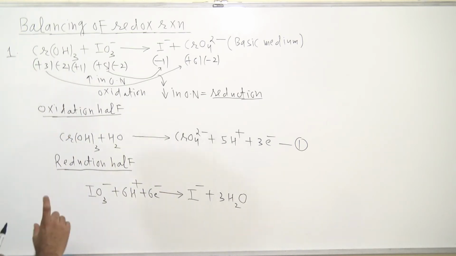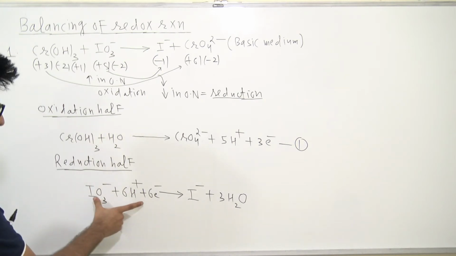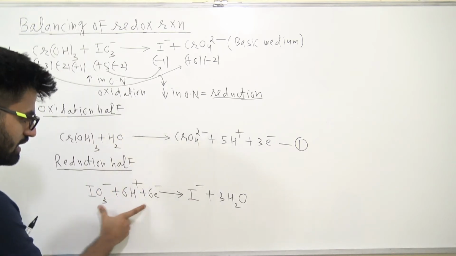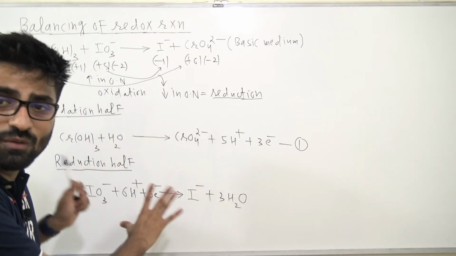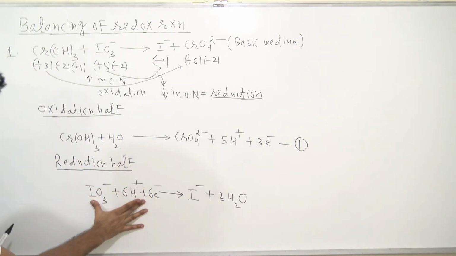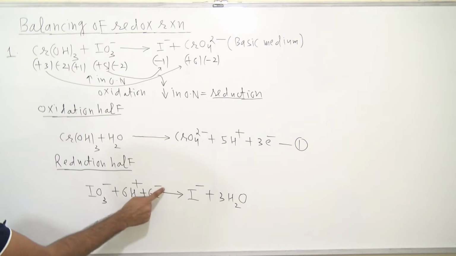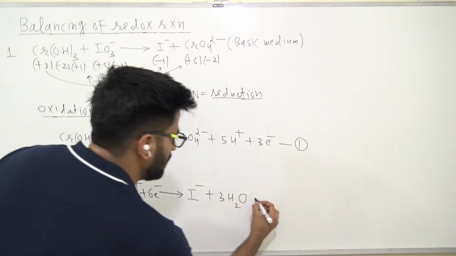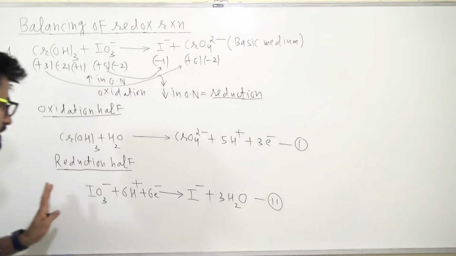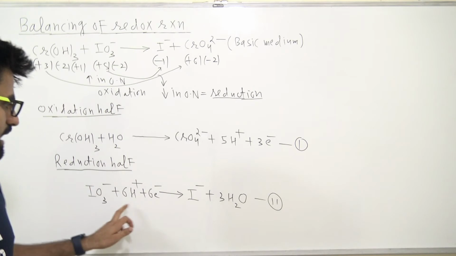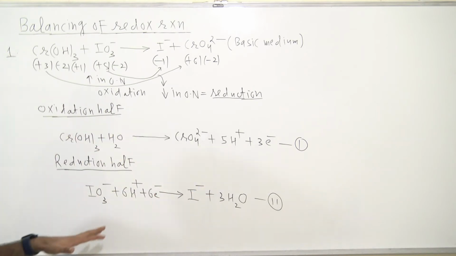Why? Can you see that? Then it will be -7 plus 6. -7, 1 electron, -1 charge here, -1 charge here, right? This is a very, very important step that I'm discussing with you. So here -1 charge. +6 -6 will cancel out. -1 here, -1 here. So the charge is also balanced. Okay, so overall this equation is balanced. Iodine 1, yes. Oxygen 3, yes. Hydrogen 6, yes. Everything is balanced, right?